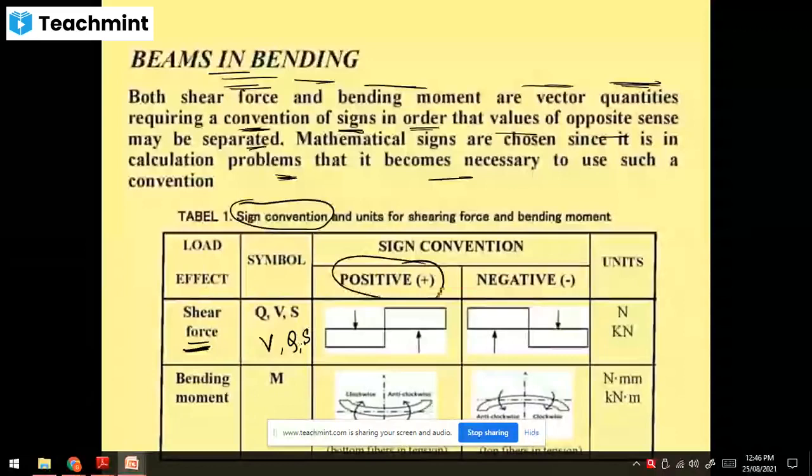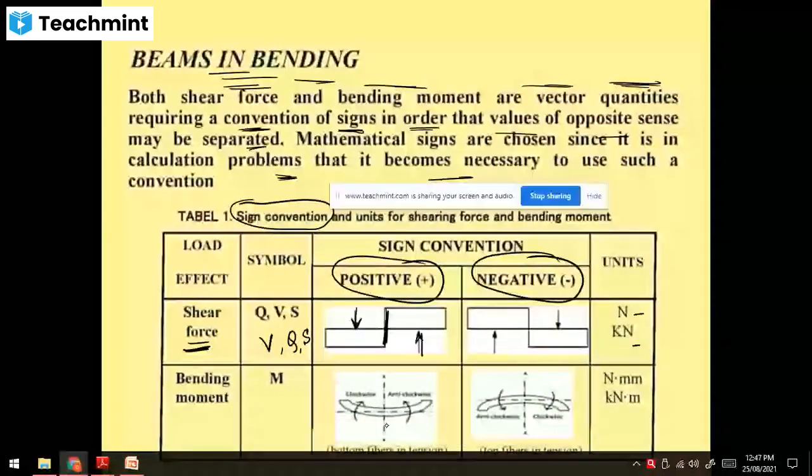So tension, bottom fibers in tension, is considered as a hogging bending moment. The inclination towards left clockwise and towards right anti-clockwise. Towards left of the section and towards right of the section, clockwise, and so that is taken as a positive. Hogging is taken as positive, and top